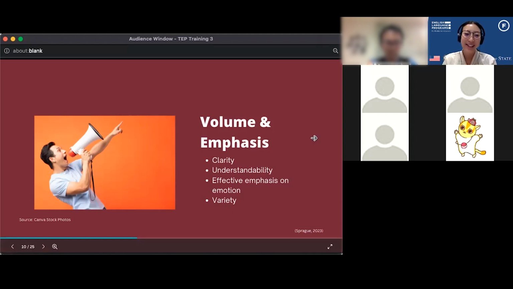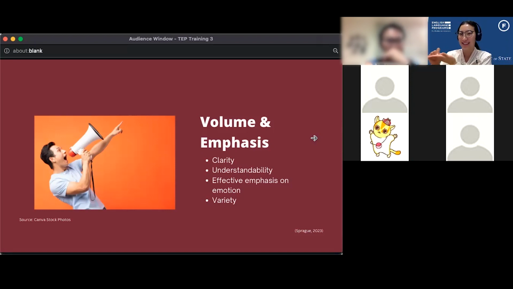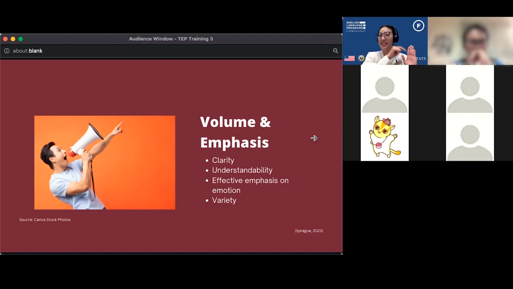So what I might do with my students to focus on volume and emphasis are some different activities like telephone, right? So I might have some students line up and they must say one sentence. I will write a sentence like, the cat jumped over the fence. And the students must whisper the sentence to the next student and see if the last student has the same sentence. They will then understand the importance of making sure